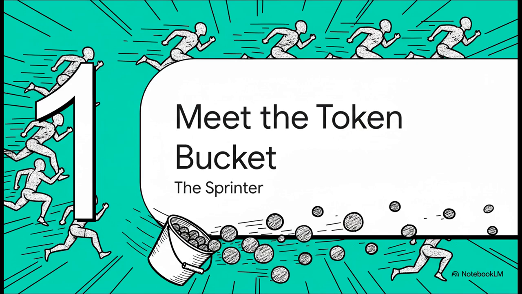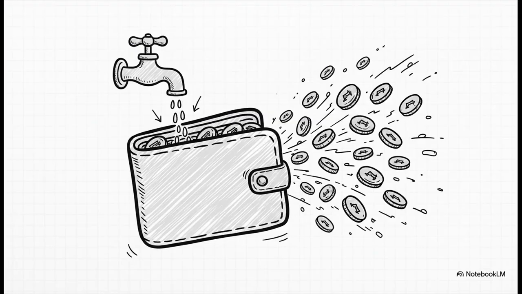Okay, first up, we've got the token bucket. I love calling this one the Sprinter because it's built for speed. It's designed to handle quick, powerful bursts of activity while still making sure the long-term average pace doesn't get out of control. You know, the easiest way to wrap your head around this is to think of it like a